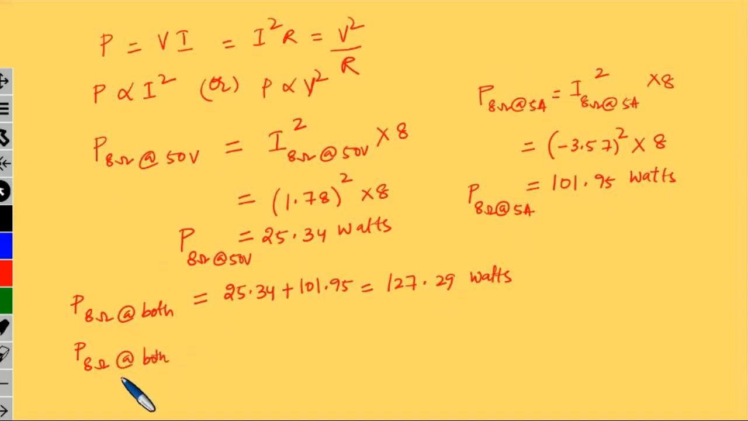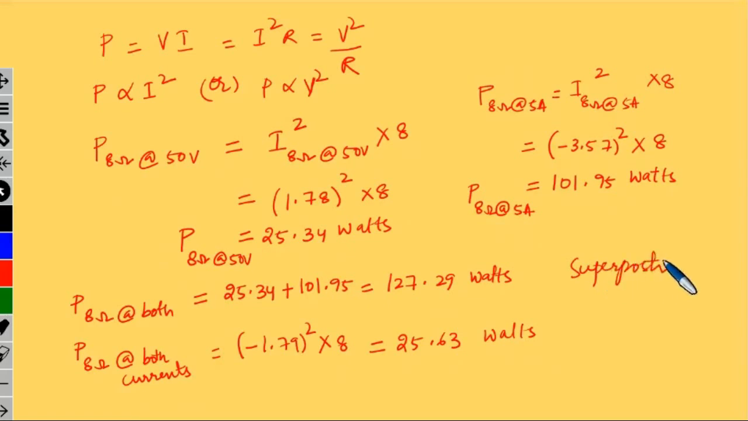This value should be equal to the power if we use the total current from both sources. The total current was minus 1.79, so minus 1.79 whole square into 8 is 25.63 watts. Here you can observe that the power due to the sum of the two currents, squared and multiplied by the resistor, is not equal to the power calculated individually. That means the superposition theorem is not valid